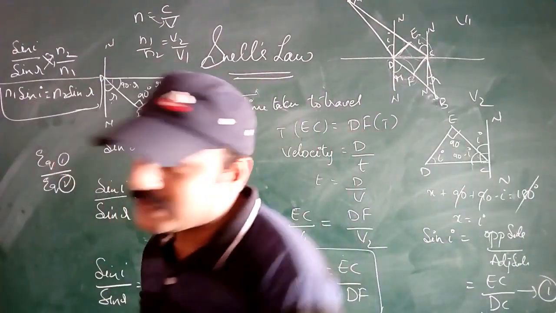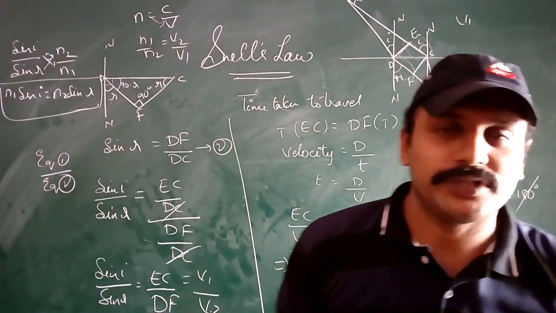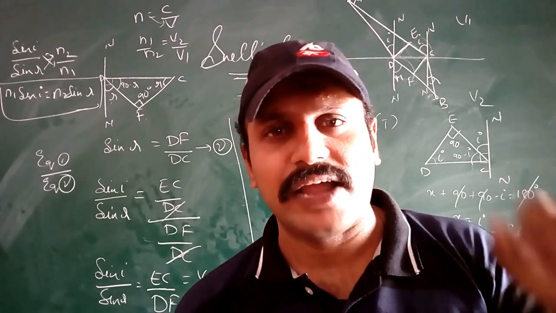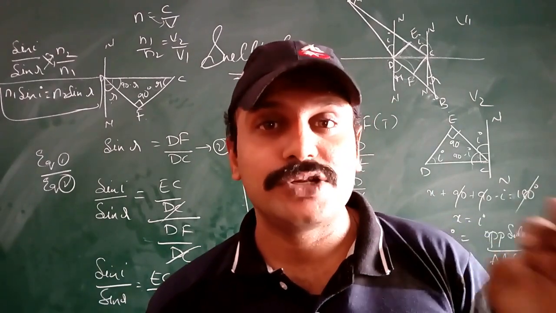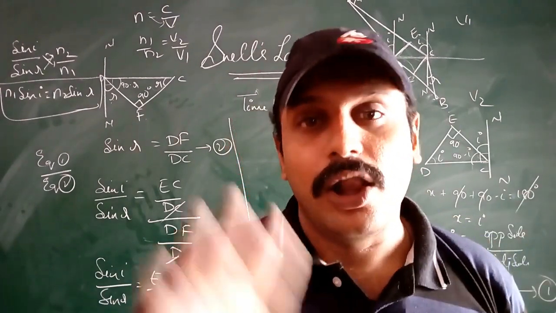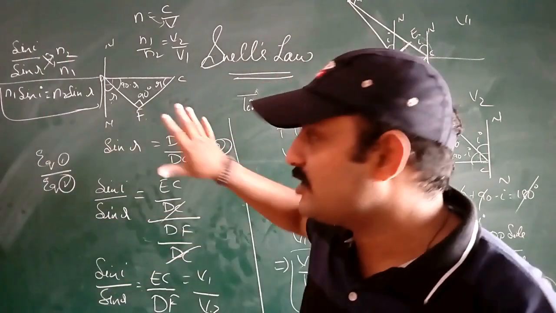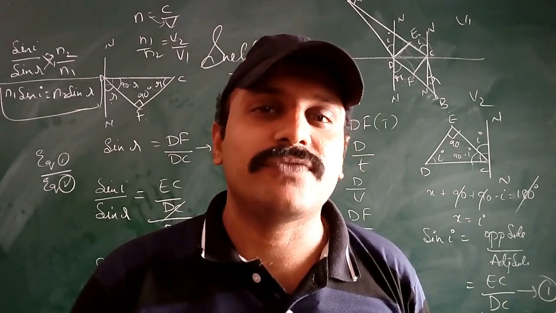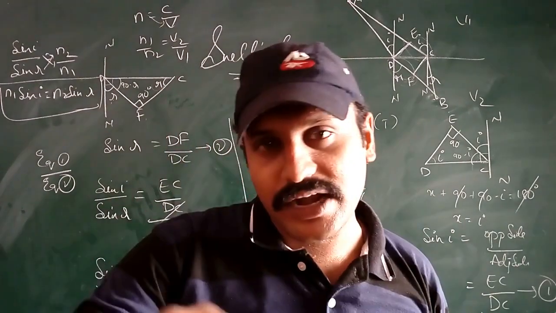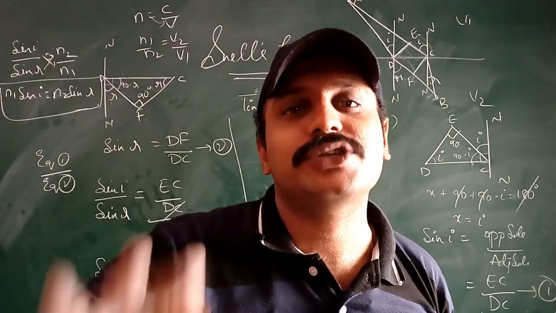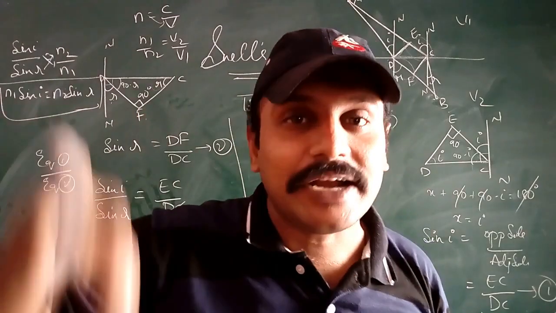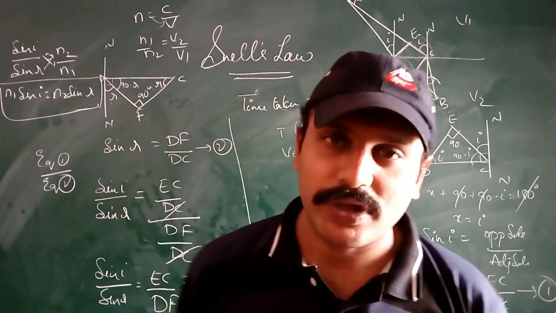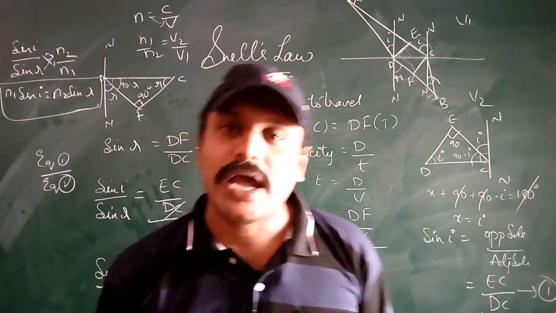As for the laws of reflection, reflection follows two rules: the angle of incidence, the angle of reflection, and the normal should lie on the same plane. Those are the laws of reflection. Here also the refracted ray follows two laws. First, the incident ray, refracted ray, and the normal should lie on the same plane. Second, the refracted ray should follow Snell's law: n1 sin I is equal to n2 sin R.